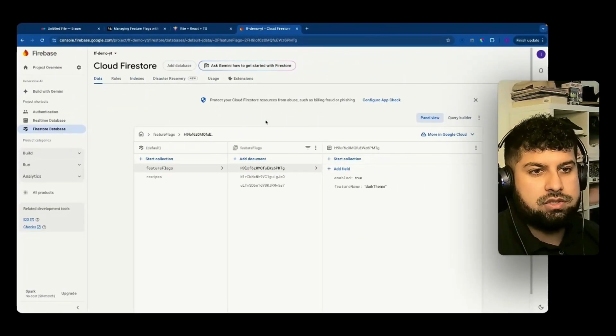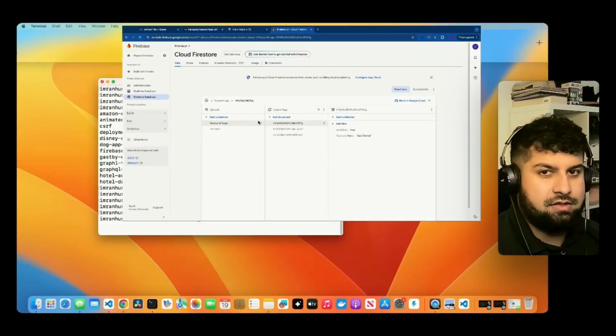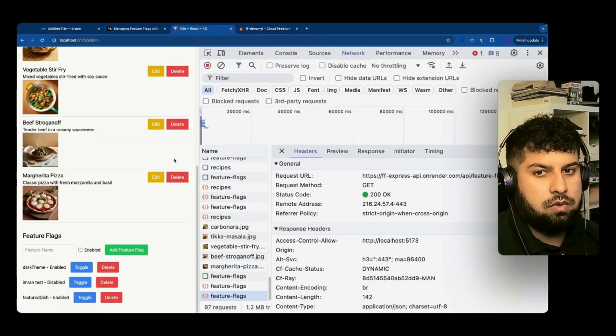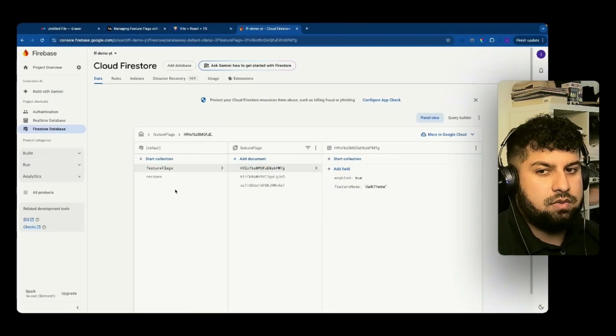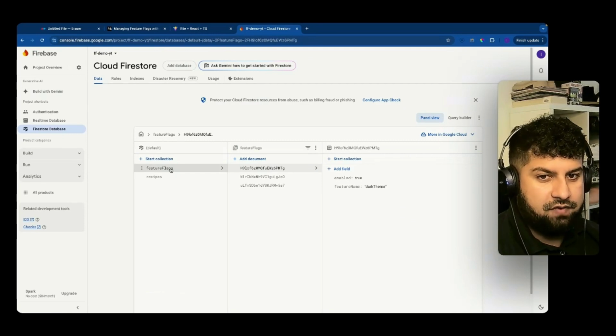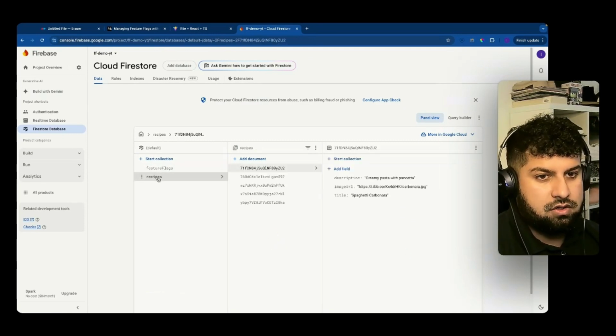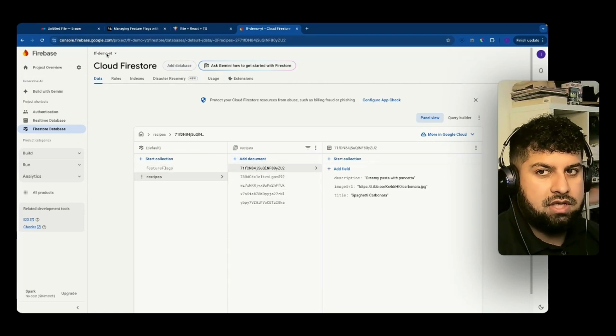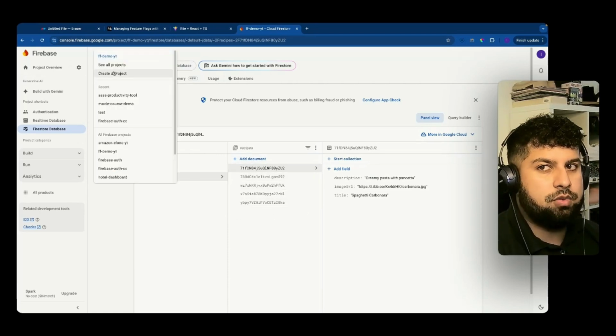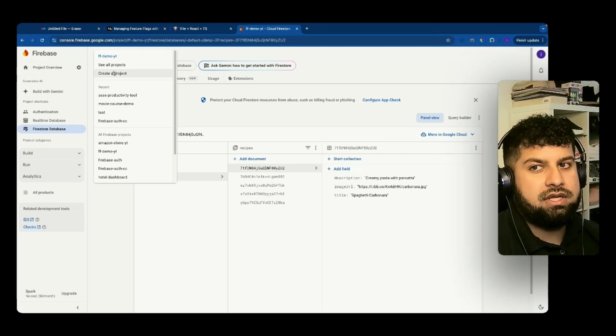And first of all, what I want to show you is the final build that we have, which is essentially this one consuming the data from the Firestore database. So again, over here, we have a collection of feature flags and we also have a collection of recipes. So that is how you would basically create them, and let me quickly show you how to do that from scratch. So let's create a new project, and if you haven't created a new project, then you just go and